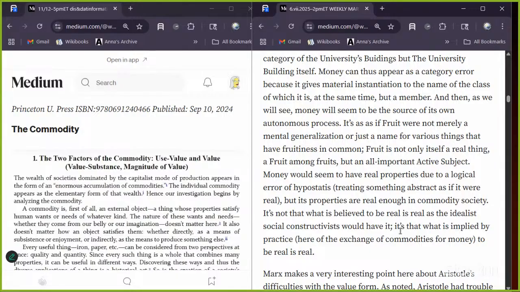But its properties are real enough in commodity society. It's not that what is believed to be real is real, as the idealist social constructivists would have it. It's that what is implied by practice, here in terms of the exchange of commodities for money, to be real